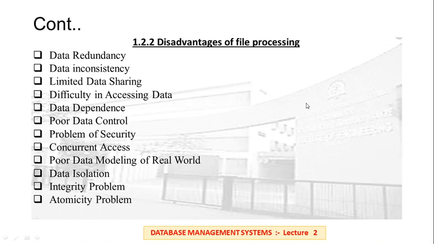The fifth point is data dependence. In a file, data is stored in some specific format, with tags, semicolons or commas. If the format of any file is changed, then we have to make changes in the programs which process the files. Sometimes there may be many programs related to the same files, and in such a case, changes in all such programs should be made. Missing changes in a single program may lead to failure of the whole application.